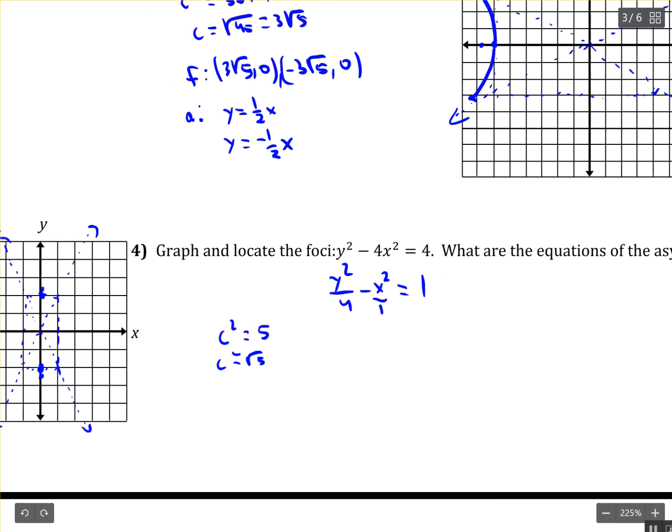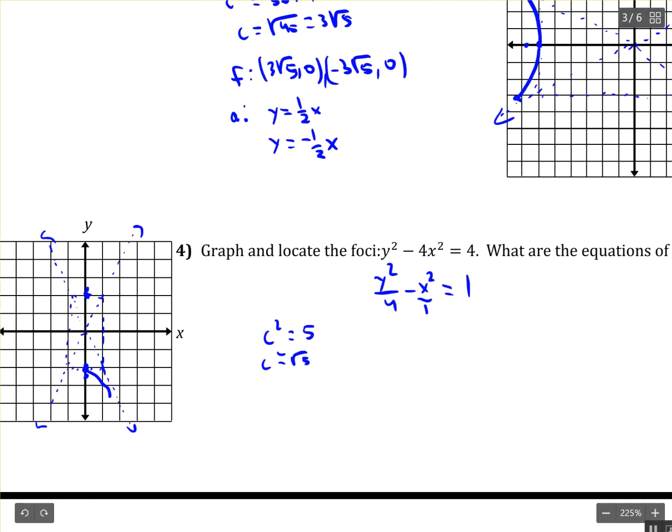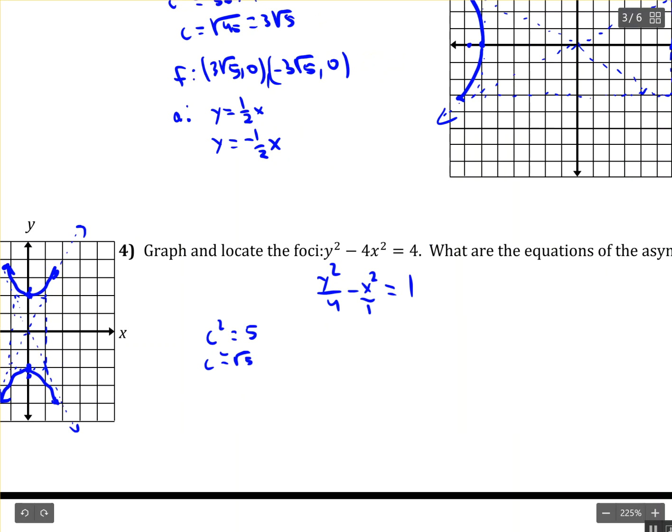And let's go ahead and graph. Okay, so we've located the foci. Let's actually write it down. We said that they were 0 comma root 5 and 0 comma negative root 5. And if we look for the asymptotes,